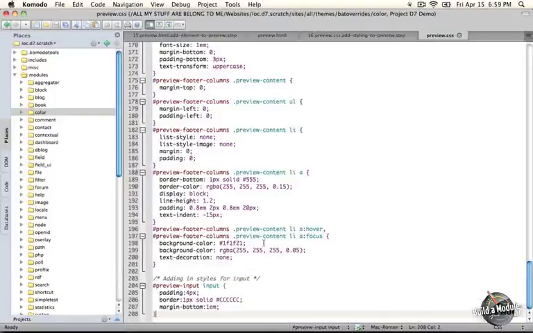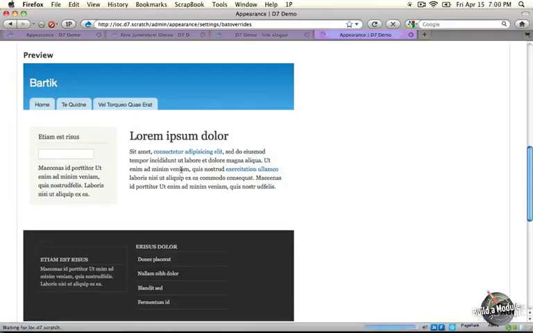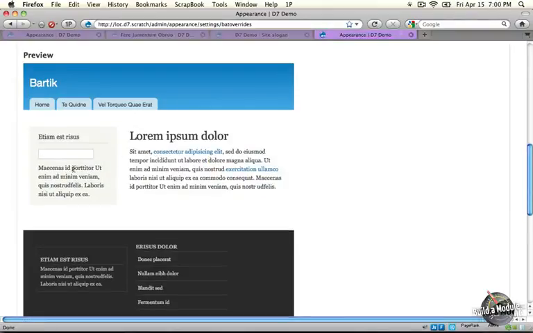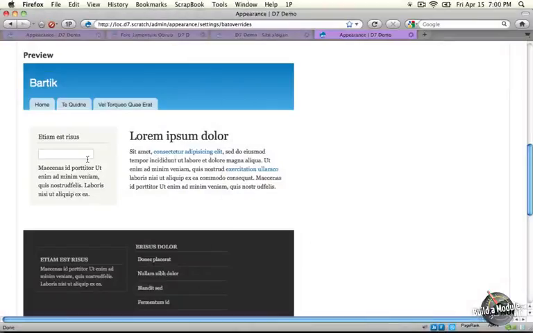So now if we save this and we jump back to the preview in our browser and refresh it, you'll see that we have an input that looks a little bit more realistic, a little bit more like our theme. The only step now is to make sure that this element gets styled with the color that we're selecting. And again, this happens at two places. First, when this theme settings page is loaded, and second, when a color change is made.